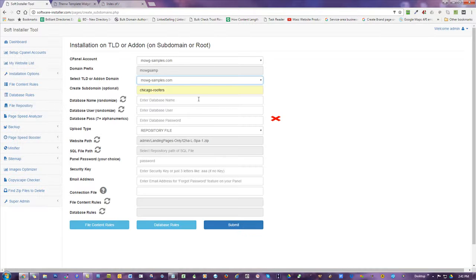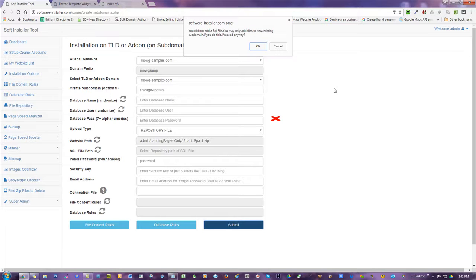I know that. There's nothing here. Or maybe old stuff I'm willing to overwrite. So yeah, I realize that, but you can do it. You can take this completely out. Okay, no problem. Well, I'm going to put it in because, like I said, I'm adding another template to the same guy's panel. Okay, so that would be, and it's going to say you did not add a SQL file,